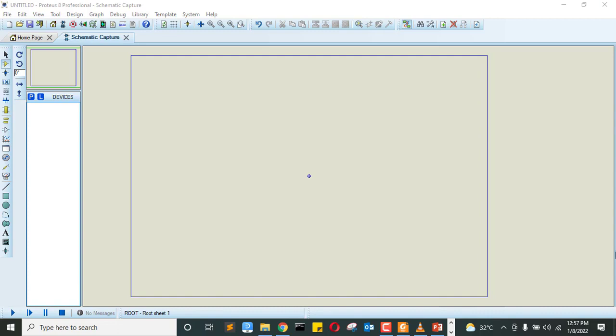Today I'm going to show you how to add some library parts for PCB designing. One of the most common challenges of designing printed circuit boards using Proteus is that Proteus doesn't have a lot of library parts, the footprints of many components. So there are different ways that you can add some library parts to your software. Today I'm going to show you the best two ways of adding some library parts for PCB designing in Proteus